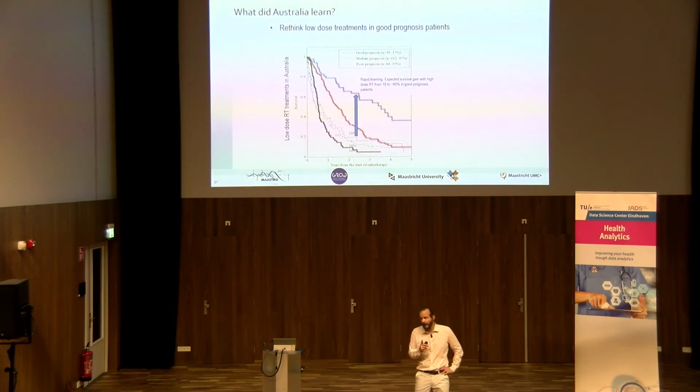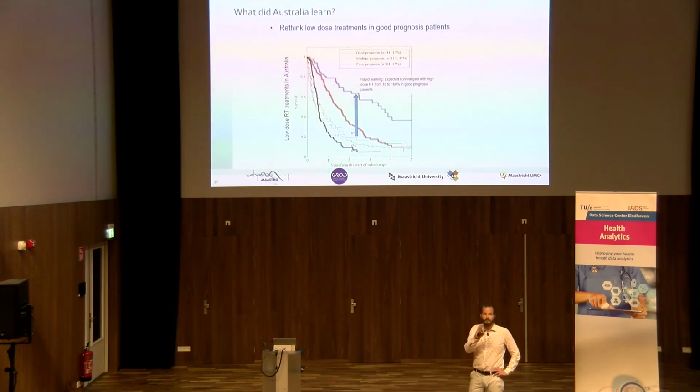Okay? So threefold absolute increase. There's no medication or other treatment in the world that can beat this increase in survival. It's just a matter of making better choices, right? So the Australians, they have looked at this and they said, well, you know, this is not good. So if they select a patient for a low dose based on their subjective physician assessment, they run the model. If the model says this patient is a good prognosis patient, they will do everything they can to get a high dose into that patient, meaning, you know, getting them admitted, using the latest technology, because those are the ones that need it most, right? They have the biggest survival gain.